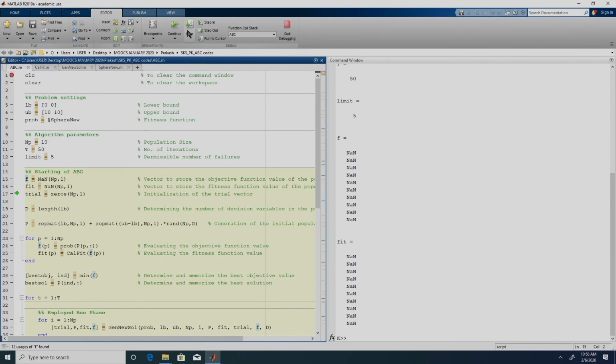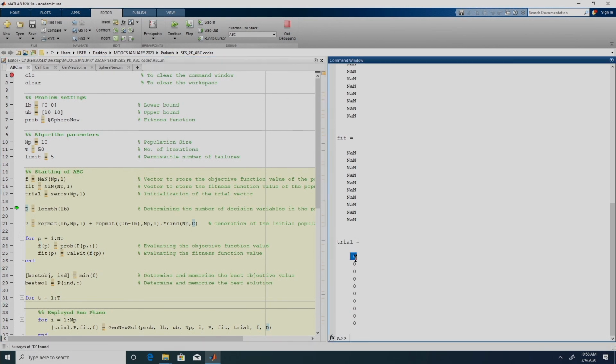And then we are defining this trial. Each solution is associated with a trial vector. We define the trial initially as a vector of zeros and not as a vector of NaN, because for f and fitness, we are only going to save whatever values we calculate. Whereas for trial, the very first time we encounter a failure, we are going to add 0 plus 1, but if we do NaN plus 1, that will return NaN. In MATLAB, NaN plus 1 is NaN and not 1. So the first time we face a failure, if we had defined it as NaN, it would not count this failure.